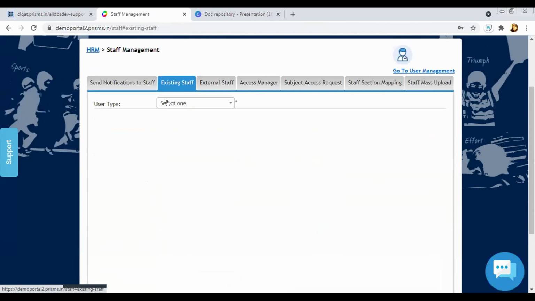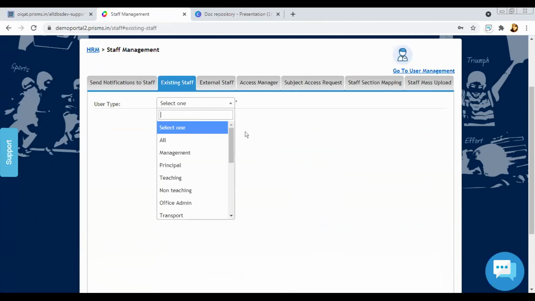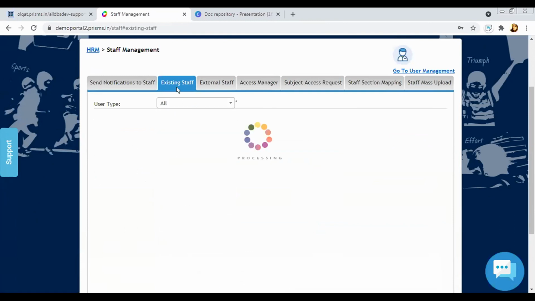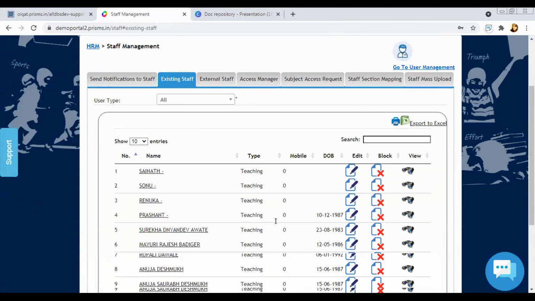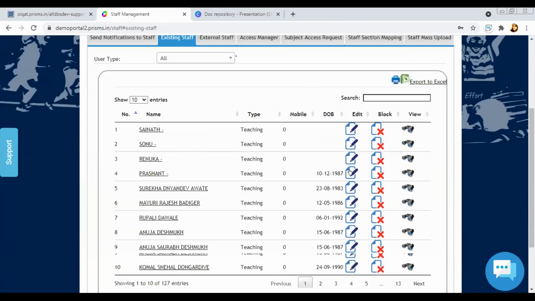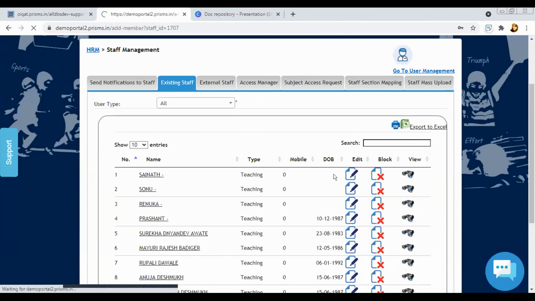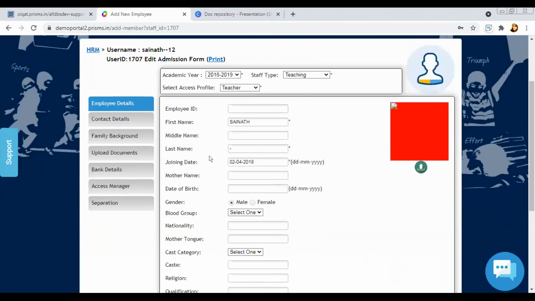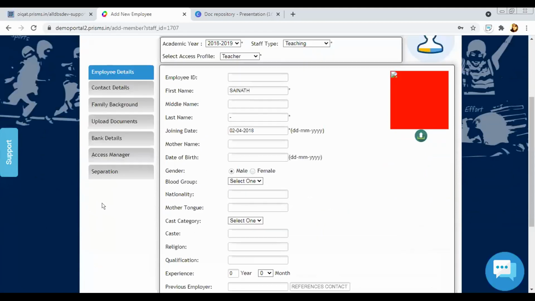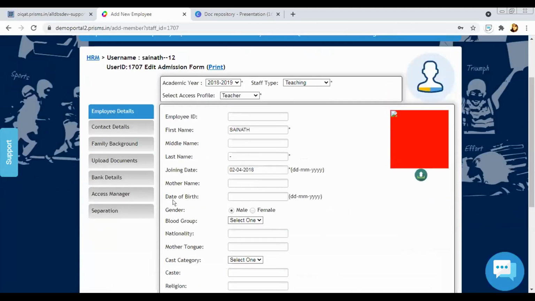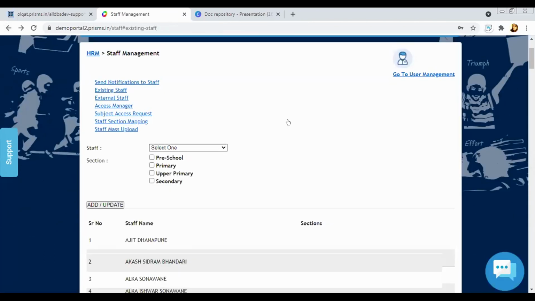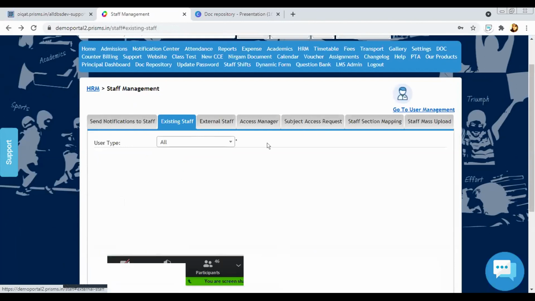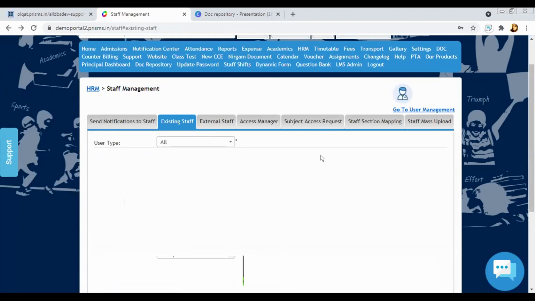Now, as we added an employee, let's say any particular staff you want to update the details for. In existing staff, you'll be able to see all the staff that you currently have. You can do a quick edit to enter their basic details, or you can click on edit and it will open up their employee form again. So if you want to update any details for any particular staff, you can do that easily. Also, if you want to download reports related to your staff,